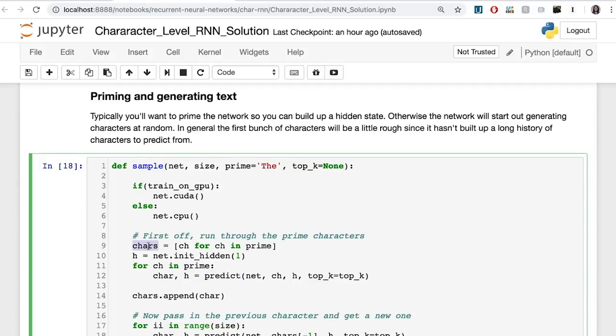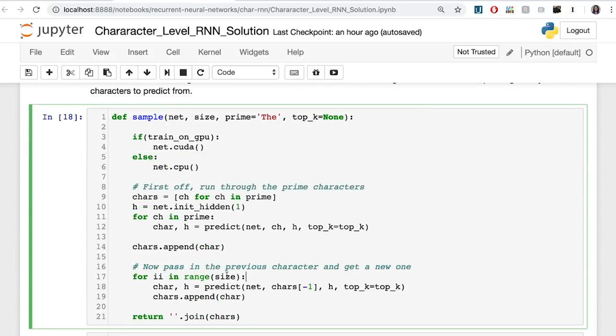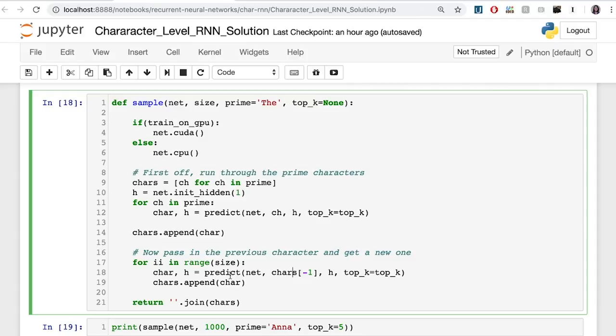So here we have all our prime characters. In the default case, this is going to be T, H, and E, and then we're going to append the next most likely character. So we're basically building up a list of characters here. Then we're going to generate more and more characters. In this loop, we're passing in our model and the last character in our character list. This returns the next character and a hidden state.